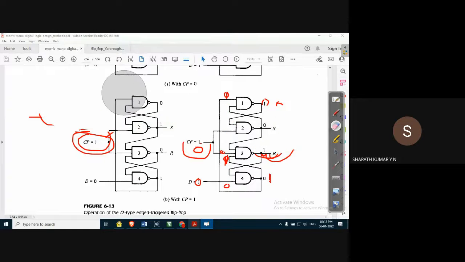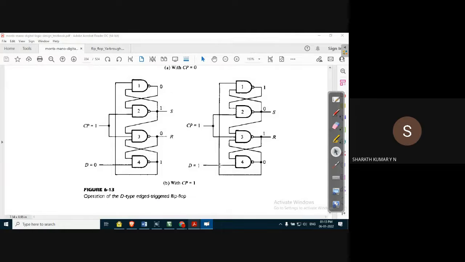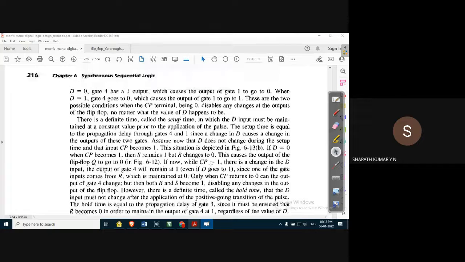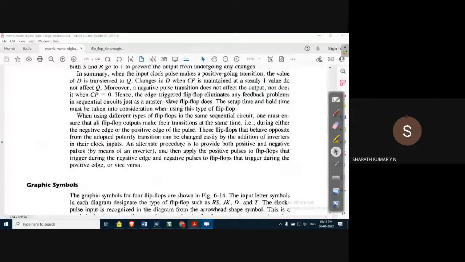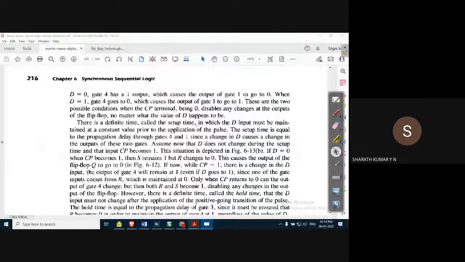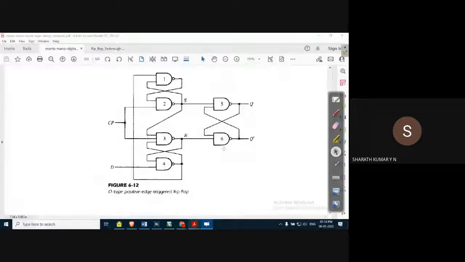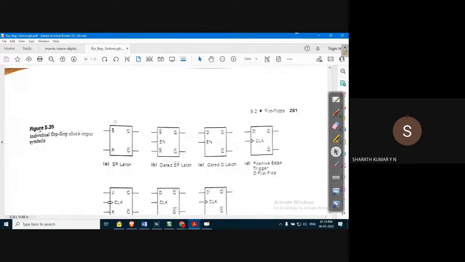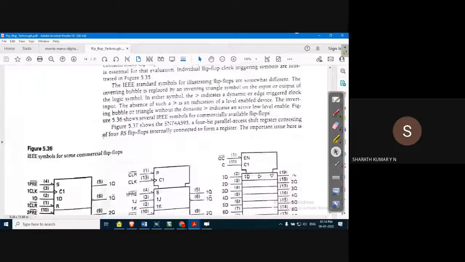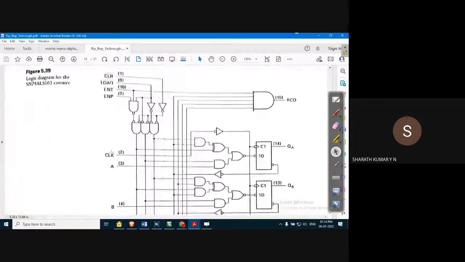This is a lot of states. It's possibly confusing. In the next class, I'll discuss this part again. In the meantime, go through this document, guys, this textbook. I'll discuss this concept again because it is given in four stages, so we have to discuss all the stages. Next class we'll continue the discussion on flip flops. We'll discuss the D flip flop as part of the final flip flop circuit.